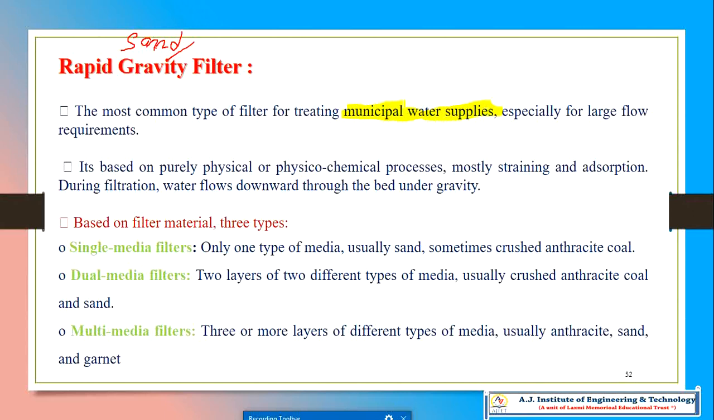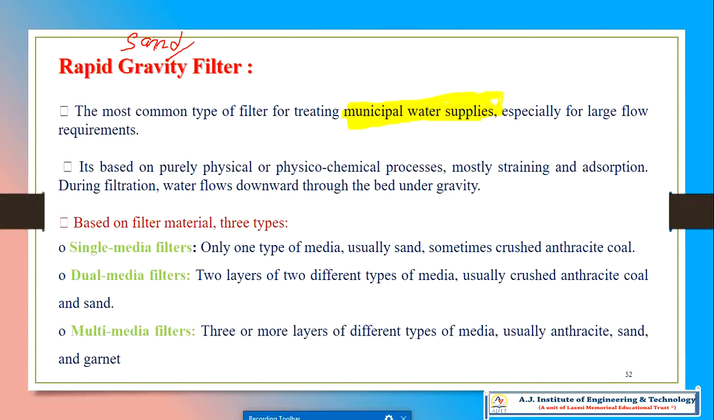For example, Bangalore is an example. Bangalore is a big metropolitan municipal city, or Mangalore, or any of the municipal cities. If the supply of water for that city is given by municipal kind of supplies, especially for a large flow requirement, we can use a rapid gravity sand filter. It is based on purely physical and physicochemical process. Mostly straining and adsorption process will be